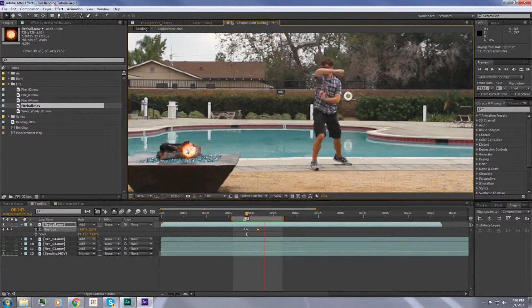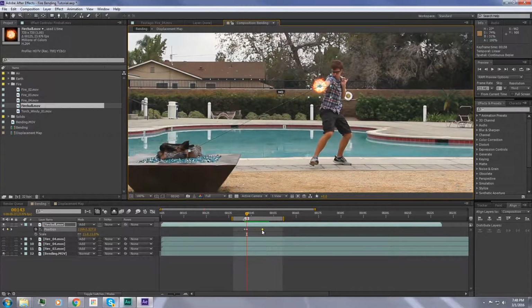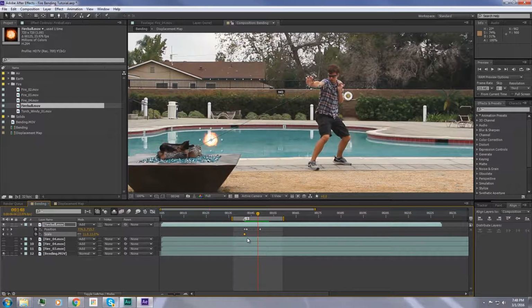How's the speed on that? A little fast. Let's bring it out maybe 2 frames. A little slow. 1 frame. Right there. Nice. Then we can also take our scale, can set a keyframe here, and then on the last